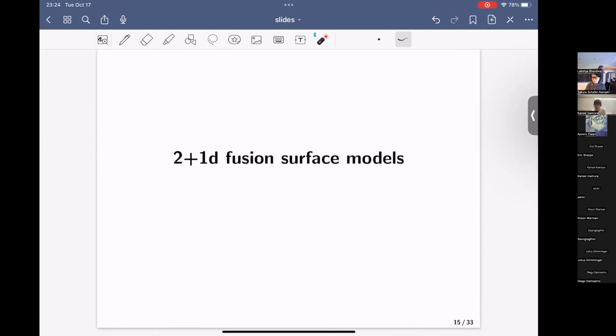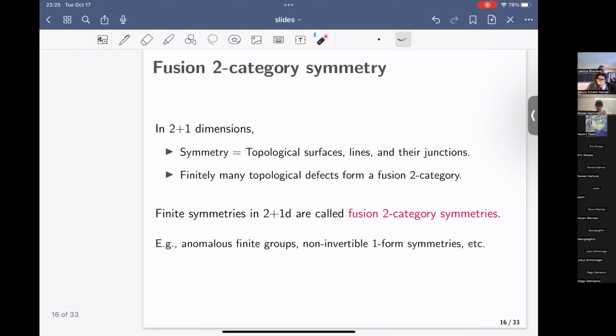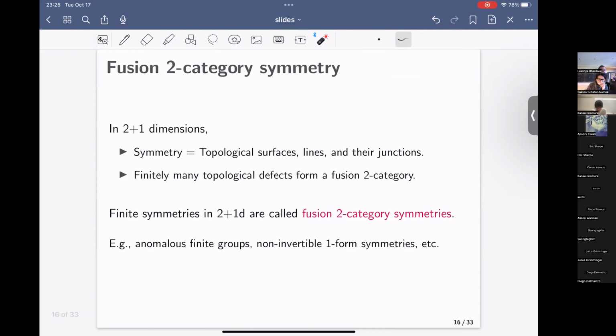So now let's move on to 2+1D. And even in 2+1 dimensions, what we will do is almost the same as what we did in 1+1 dimensions. So with that being said, let me first introduce fusion two-category symmetries. In 2+1 dimensions, the symmetry of a physical system is generated by topological surfaces, topological lines, and their topological